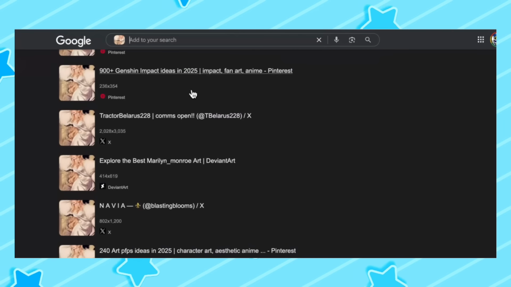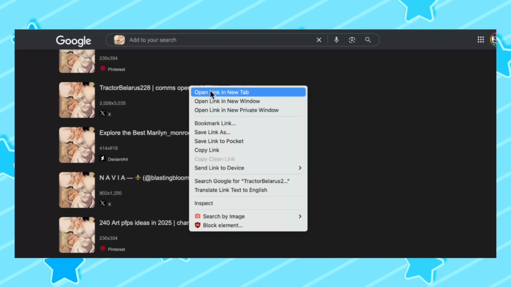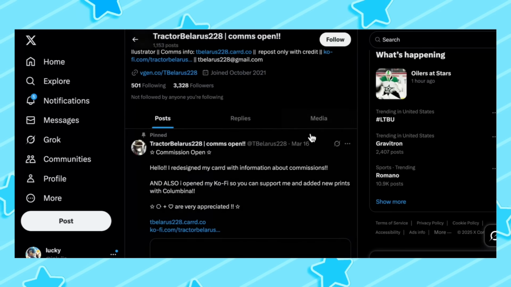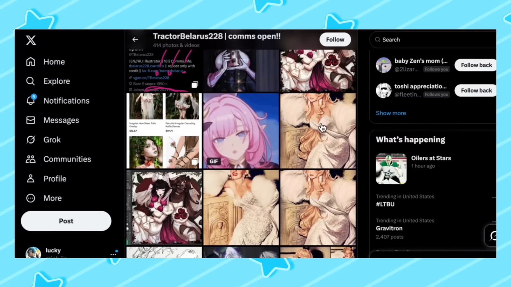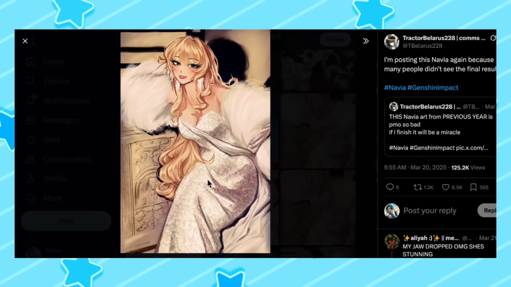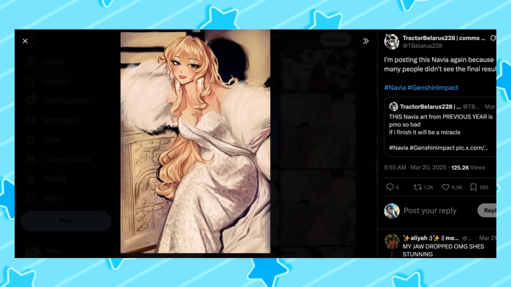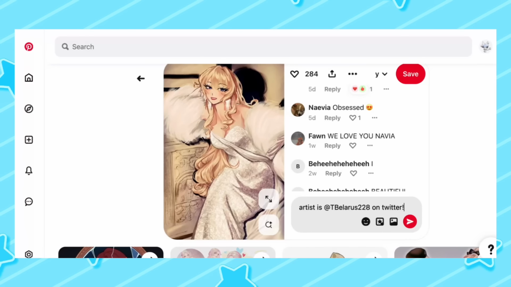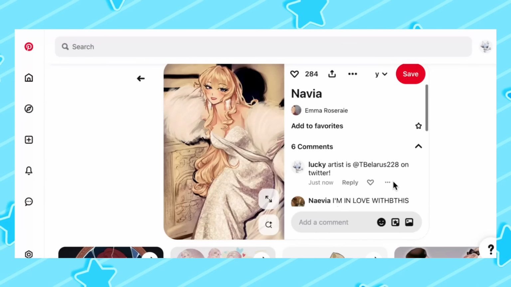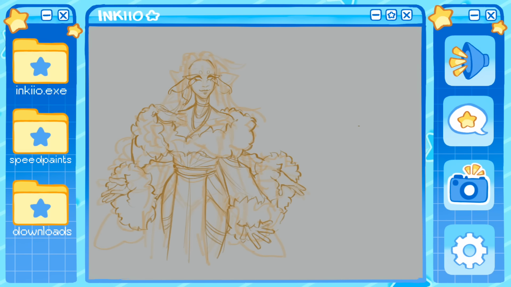Most of the links will be Pinterest reposts, but oftentimes there is a lone Twitter or TikTok or Instagram link, and it might take a bit of digging, but if the artist's work is still on the internet, then you can find the original artist quite easily. Whenever I do this, if I haven't already, I make sure to comment the original artist handle and their platform under the pin, and in my Milanote board I make a caption with the artist handle and platform under the picture.